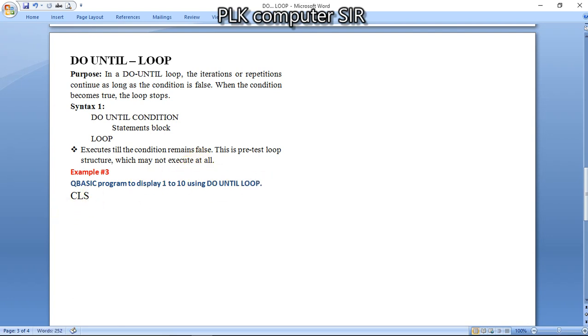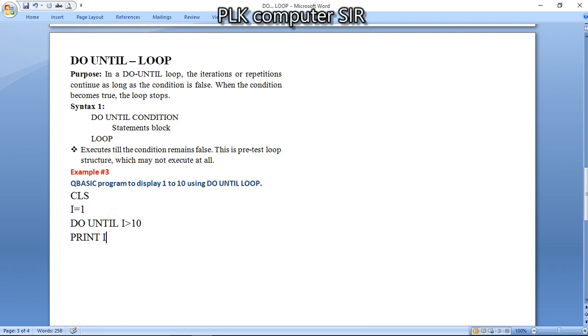Okay, so initialization I equal to 1. Now do until, it means we have to print up to 10. So I greater than 10. Before we were writing less than or equal to 10, but now we have to make the condition false. That's why I greater than 10.